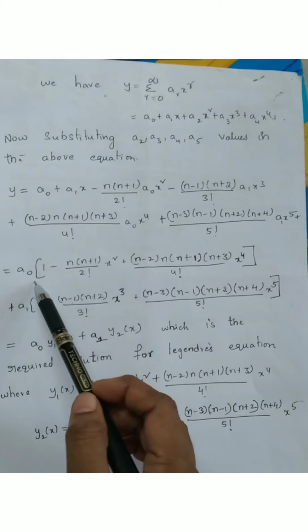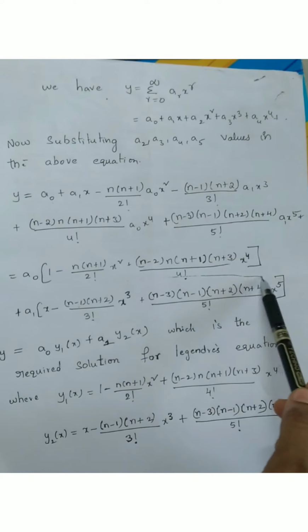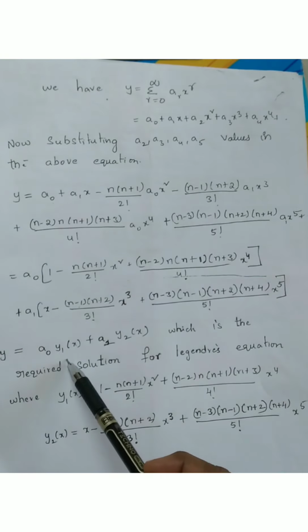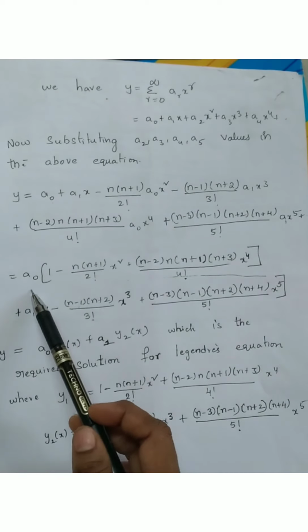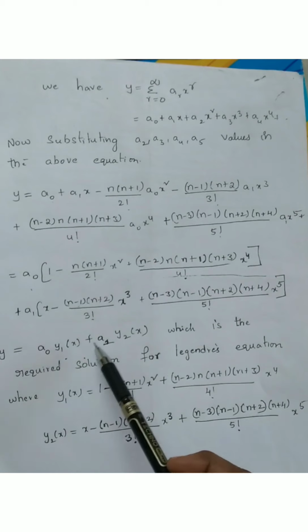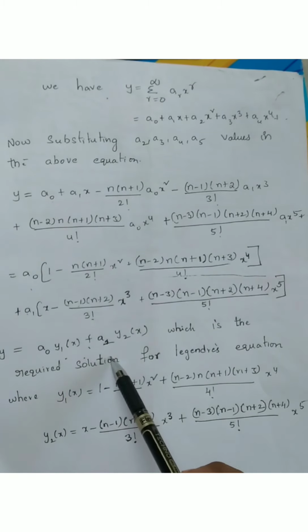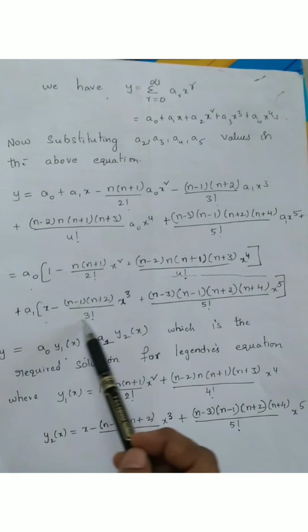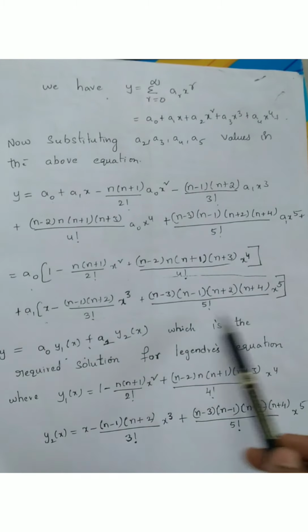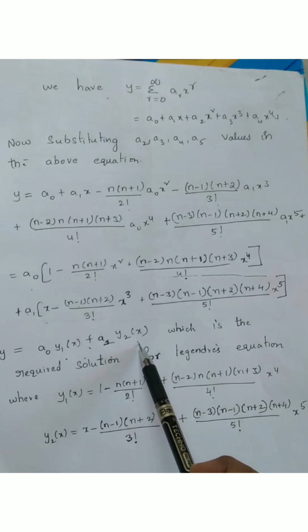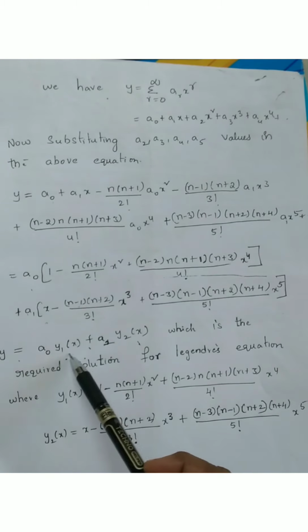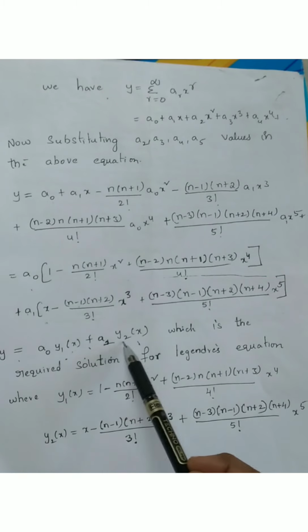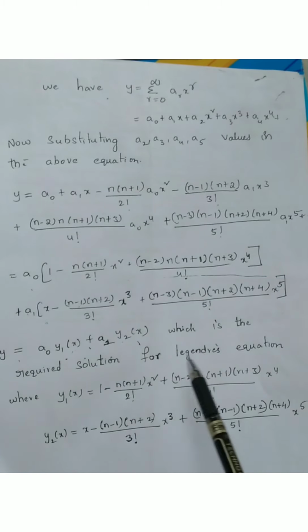I am replacing this whole value as y1(x), that means a0 into y1(x), plus a1 into, replacing this whole term with y2(x). That means y equals a0 y1(x) plus a1 y2(x), which is the required solution for